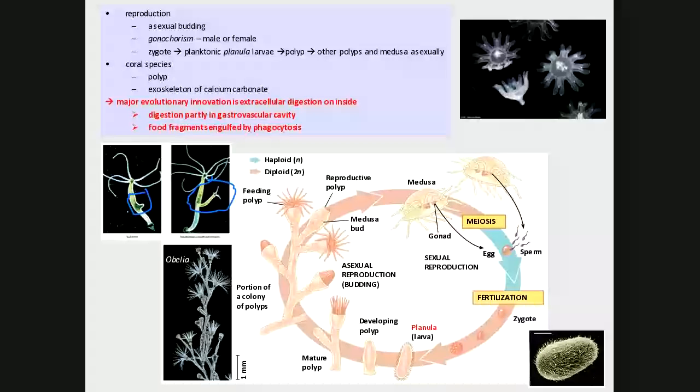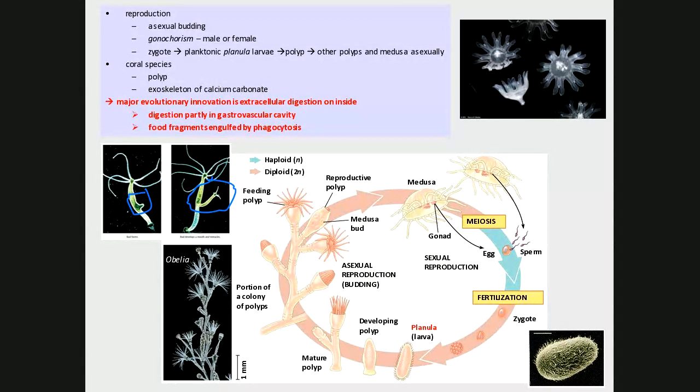Coral species that we're going to talk about have the polyp form, and they form that exoskeleton of calcium carbonate. We'll talk about coral here in just a second. We'll talk about different groups. Okay, in red, the major evolutionary innovation that we see in these organisms is the fact that we have the